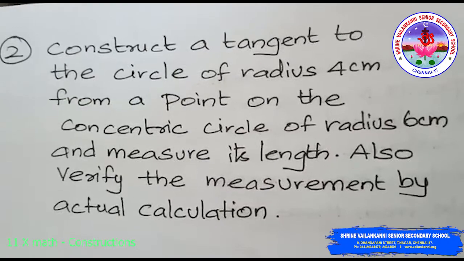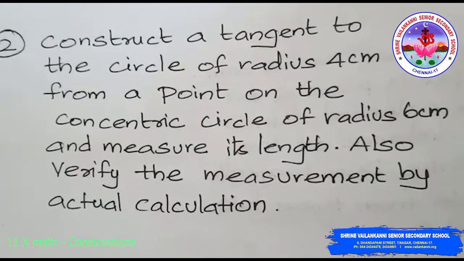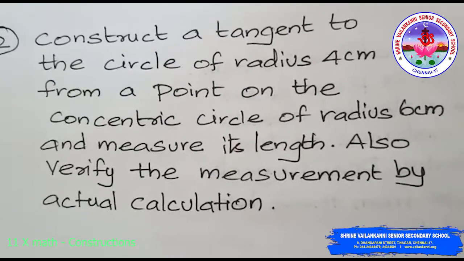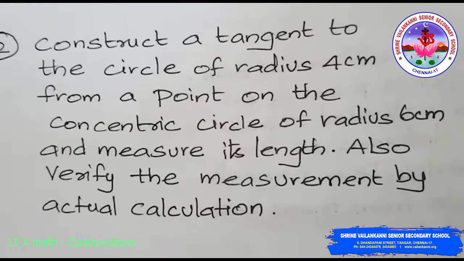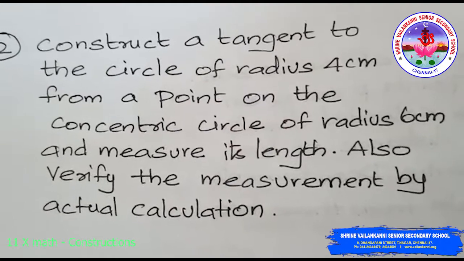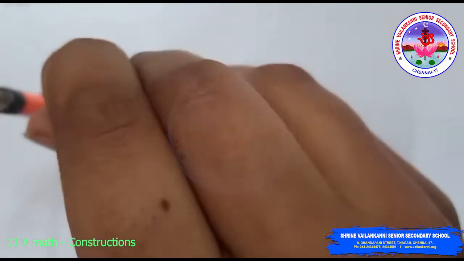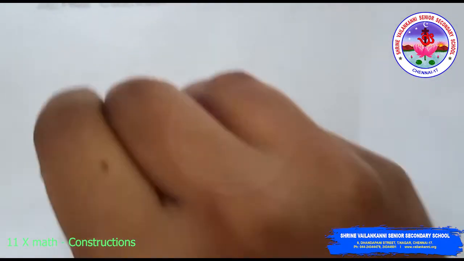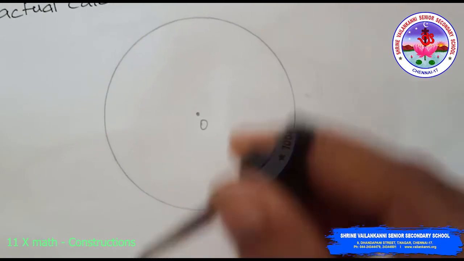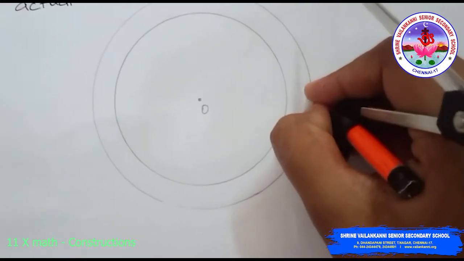PR. Second problem: construct a tangent to the circle of radius 4 cm from a point on the concentric circle of radius 6 cm and measure its length. Also, verify the measurement by actual calculation. Draw a circle of radius 4 cm. Draw a concentric circle of radius 6 cm, mark an external point P on the concentric circle, now joining